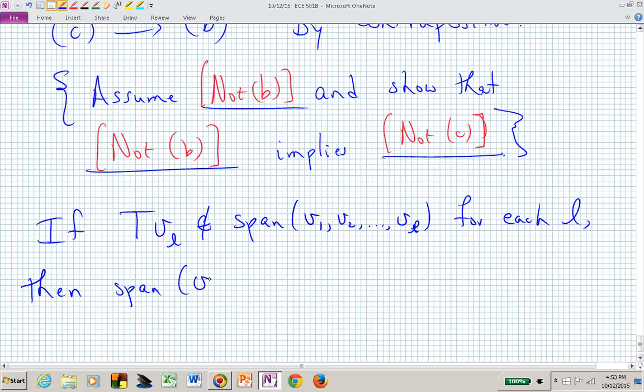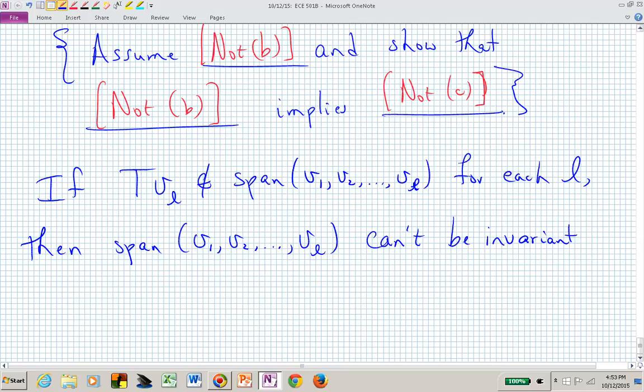then the span of V1, V2, up to V sub L is definitely not invariant, because for that map to be invariant, it has to map it back into that set of vectors. And now we're saying it doesn't. So if not B, which is T v sub L is not in the span of V1 through V sub L for each L, then the span of V1 through V sub L can't be invariant, because T